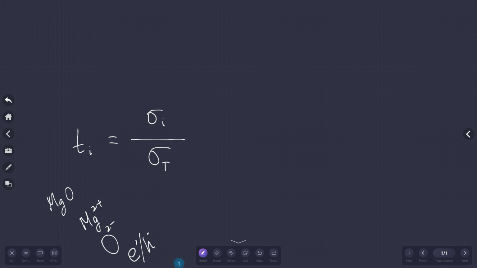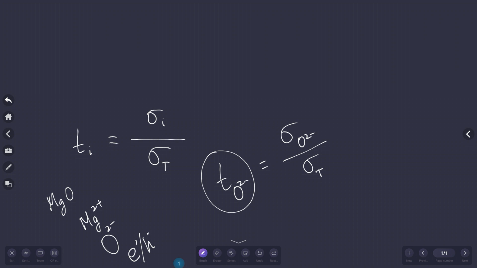In that case, you can see that if you are calculating transference number for O2 minus, for example, it will give you conductivity coming from that species divided by the total. So this transference number would be a measure of what percent of the total conductivity is being